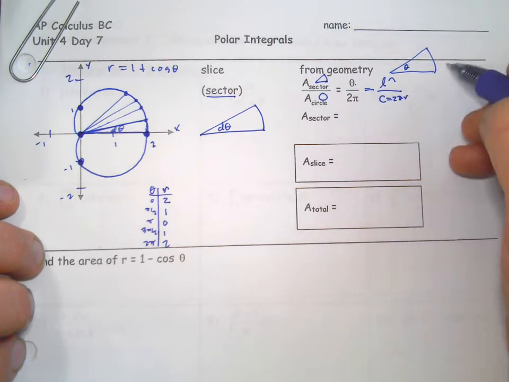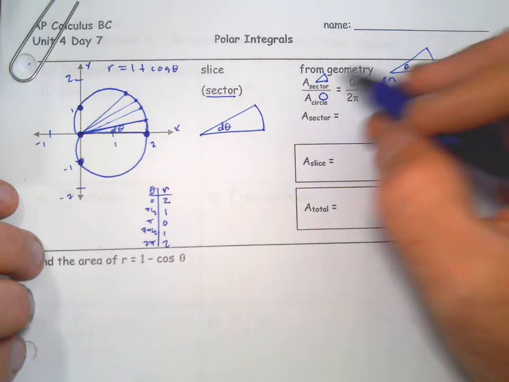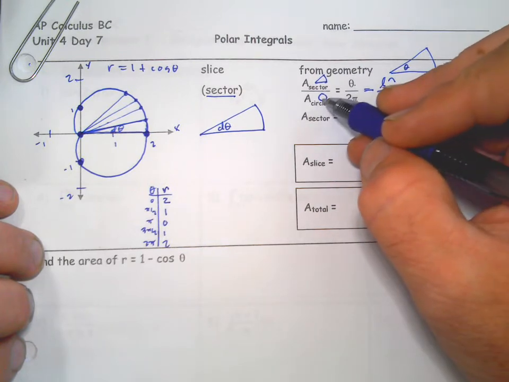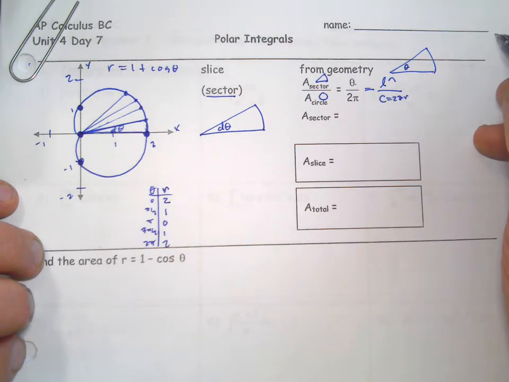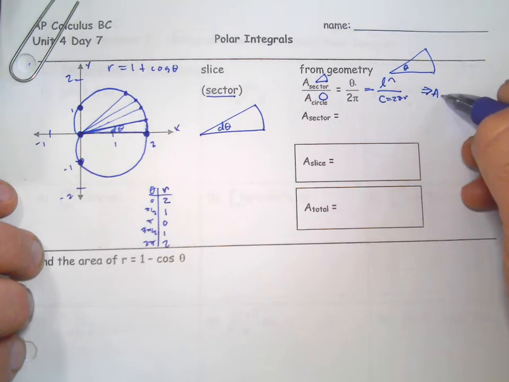This is the basic relationship: all these different things are proportional. The area, the angle, and the arc length are the same fraction of the entire area, the entire angle, and the entire arc length. Okay, so from this, we could solve for the area of the sector